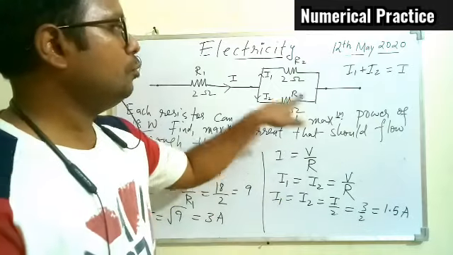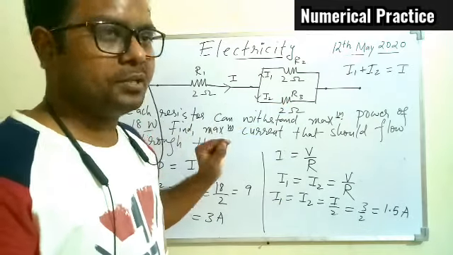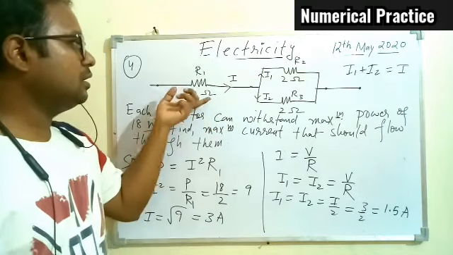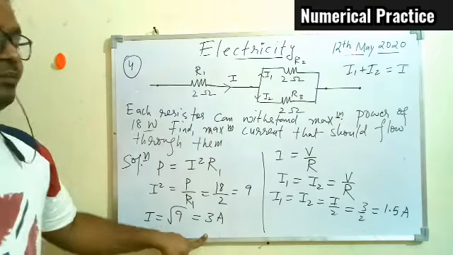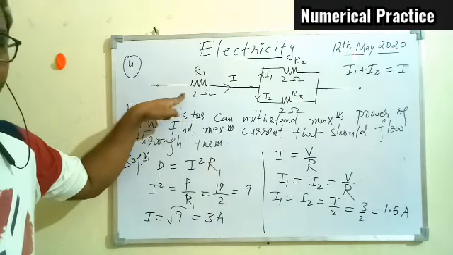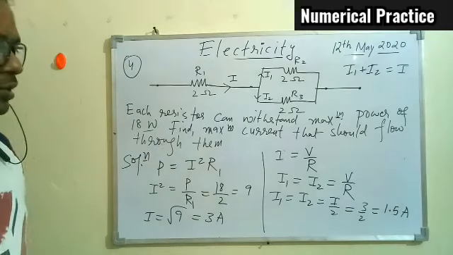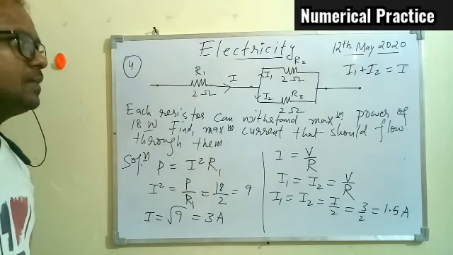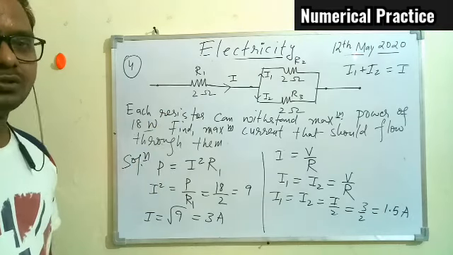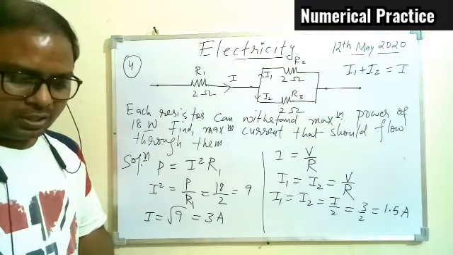Even if the current goes beyond 1.5, this will not get damaged. But if the current goes beyond 1.5 for R2 and R3, then the current for R1 will go beyond 3, and then this will get damaged. So we have to take care of all the resistors which are connected. I hope you also understood. That is how the power concept can be utilized in the calculation of unknown quantities and the current also. I hope this much is understood.